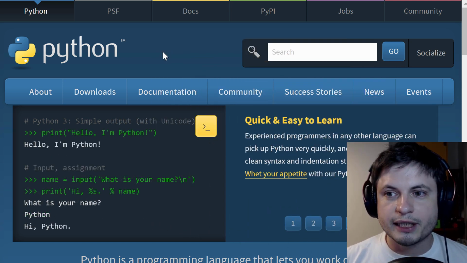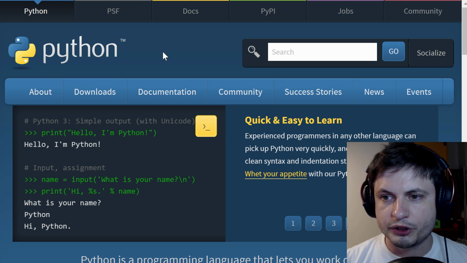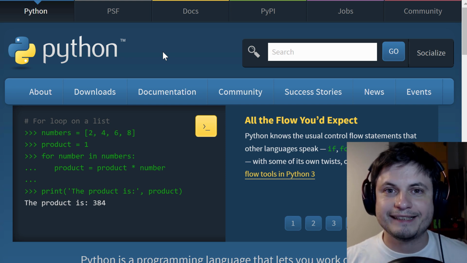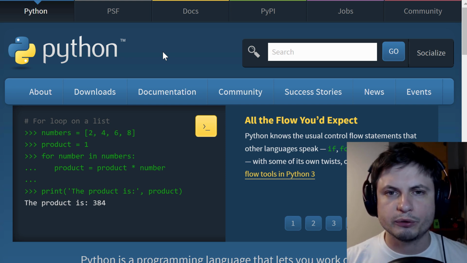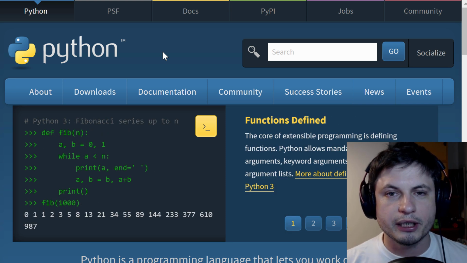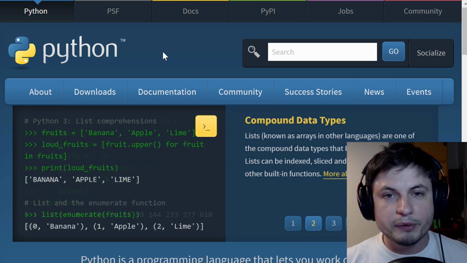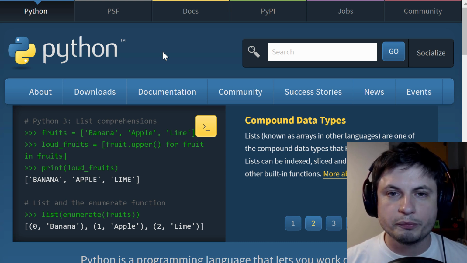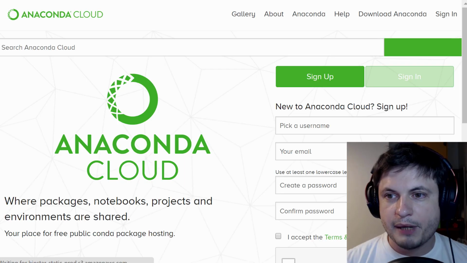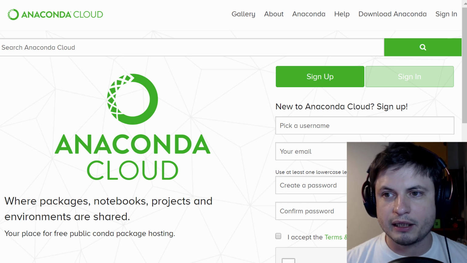Now to start this, we actually are not going to go to python.org, which is the website you see right here. We're going to go to another website that will allow us to download a kind of package that has everything we need to learn Python really well. It's a package that I've used previously with my students when I used to teach programming full-time, and I've also been using this package as a data analyst for a company. So it's super highly recommended because it has everything in one chunk and it works on pretty much any system. The package I'm talking about is called Anaconda.